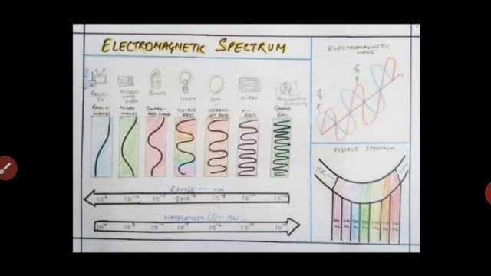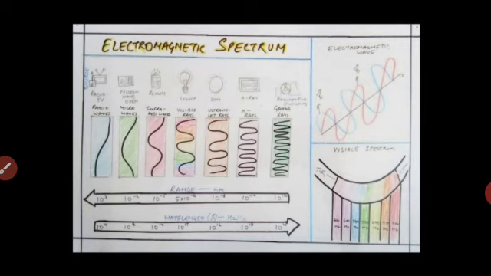Next to the ultraviolet are the X-rays, which have a still smaller value of wavelength, in the range of nanometers. X-rays are highly intense beams which are used in medical diagnosis because they can pass through the flesh and not through the bones. So we have the X-ray report taken for medical use. It is also used in the study of crystal structure, in engineering for detecting faults and cracks, in detective departments to detect explosives, diamonds, gold, etc. in possession of smugglers, and in radiotherapy to cure some skin diseases.